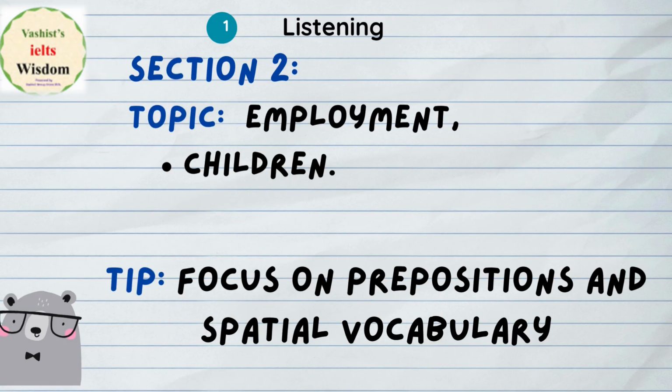Now in Section 2, another expected topic is employment or children. For employment, they can give you the employment office location. For children, they can give you some kind of children's data, and then they can ask you to fill in details about the children, their interests, their growth, and some type of data collection in the format. So please pay very close attention while preparing your listening, and use all the online resources and also all your Cambridge resources.